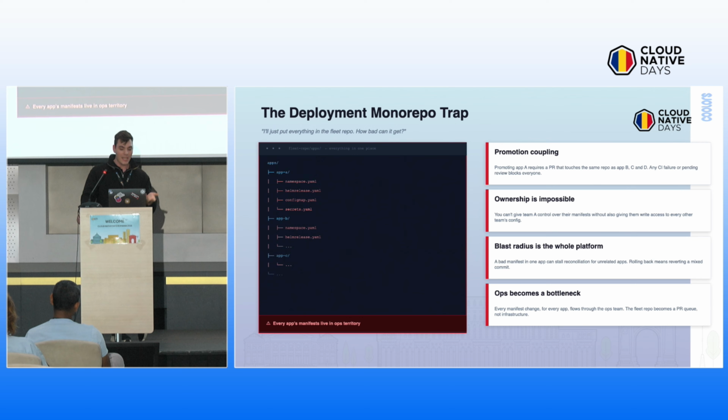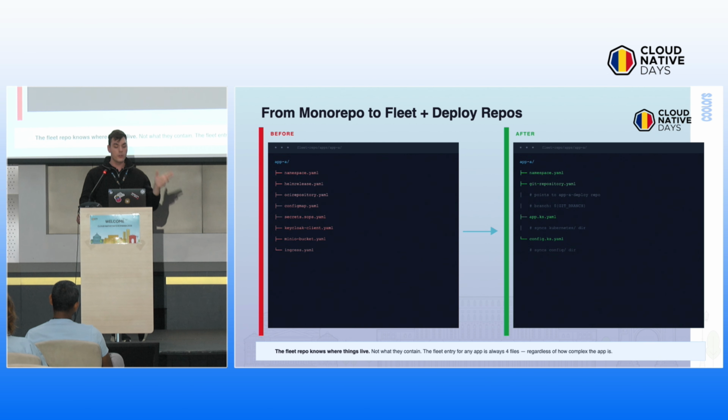And essentially what happens is that ops, or me at that time, became a bottleneck, because every new deployment, every new promotion, everything had to go through me. So what we did is that we moved from a monorepo to a fleet repository and then dedicated deployment repositories. You see here the before and the after structure, and what's the main takeaway is that before, in the folder